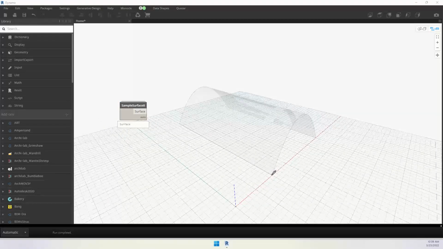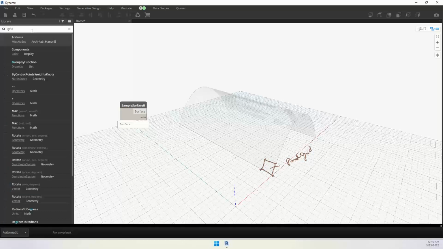So I need one point here, one point here, one point here, and one point here. So how do I get these 4 points? What do you call this? This is a panel grid. So we have different sets of panel grids. What are those grids? If you type grid here,